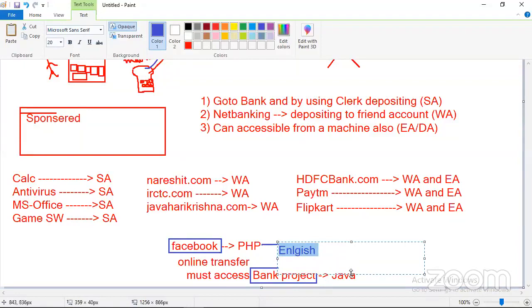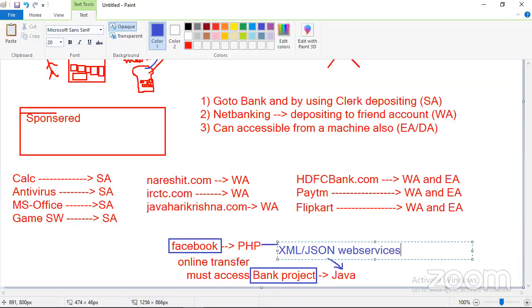The common language for all languages is XML or JSON. XML and JSON are new technologies that came into the market to make different languages communicate. XML and JSON are the communication language. But I also require a communication channel, a data transferring channel. PHP to Java, data should transfer. For that purpose, we use web services.